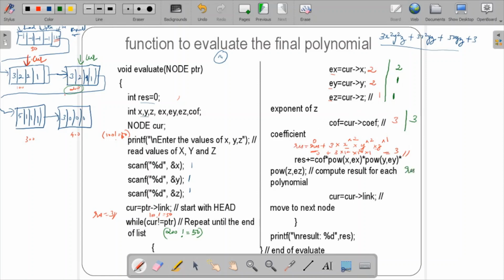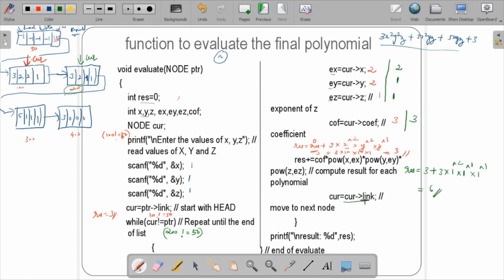Result is equal to the previous result plus, the previous result we got as 3. 3 plus, what is the coefficient we have? 3 into x is 1, 1 power 2, into y is 1, exponent 1, into z is 1, power 1. So this would be 3 plus 3, nothing but 6.